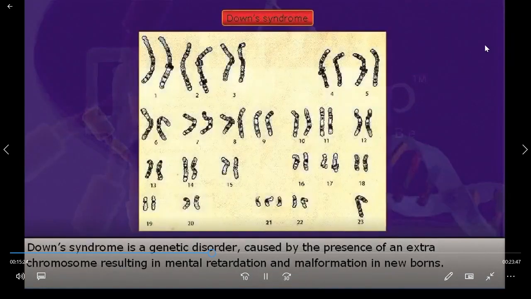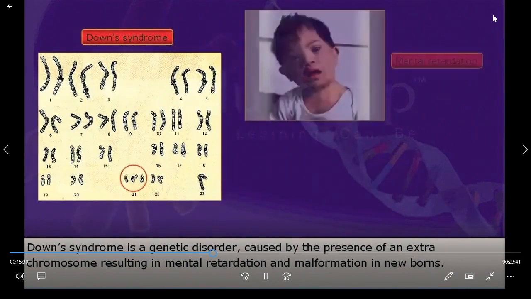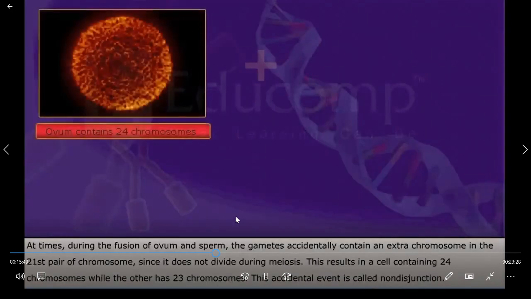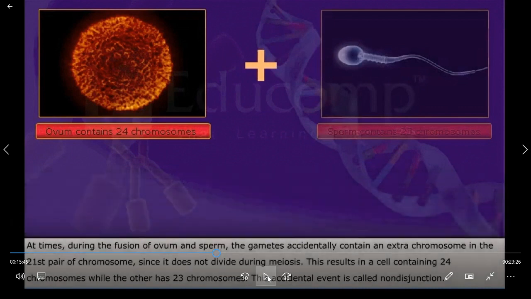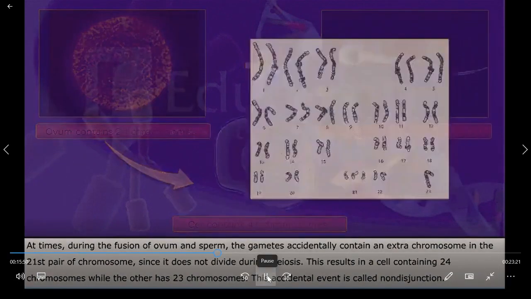Down syndrome is a genetic disorder caused by the presence of an extra chromosome, resulting in mental retardation and malformation in newborns. Dear students, here you can see the karyotype of the individual. Karyotype means it is the entire set of, it is a pictorial representation At times, of the during the entire fusion set of chromosome. Karyotype is a pictorial representation. It is just like a graph or map of the entire set of chromosomes in an individual cell itself. ovum and sperm, the gametes accidentally contain an extra chromosome